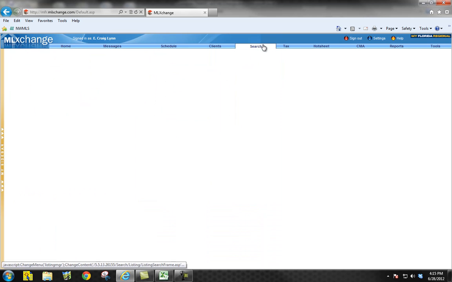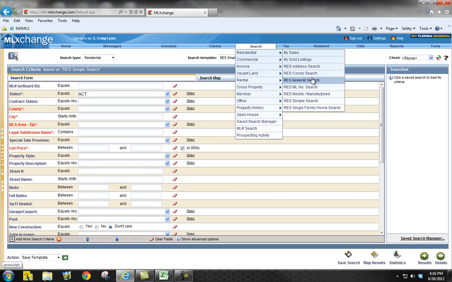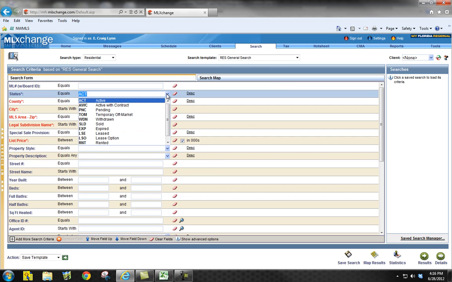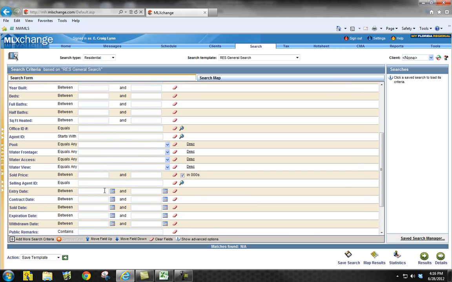If you just go to search, I guess this is the simple search, right? If we go general search, and I may be doing this wrong. I should probably ask you, see if there's a better way of doing this. But I've always just selected from active all the way down through expired. We don't need leased properties or lease option properties or rented properties, and we don't need photos required. So I just look for all of that, and then what I've been doing is I just go to